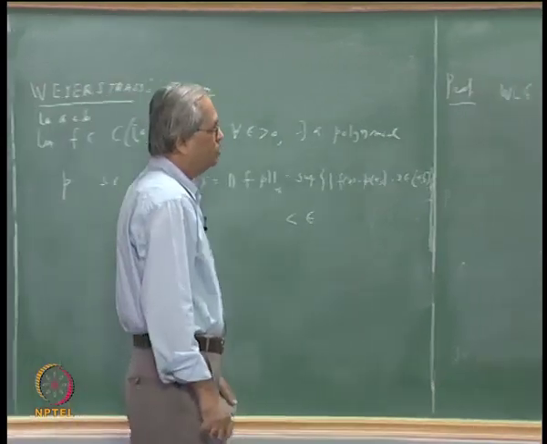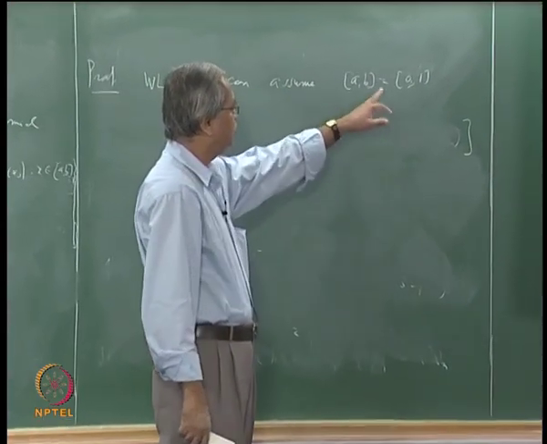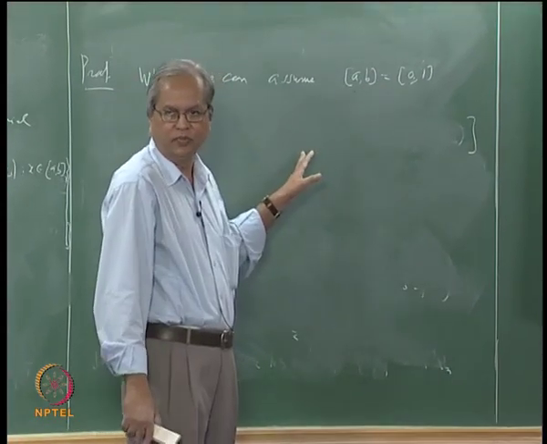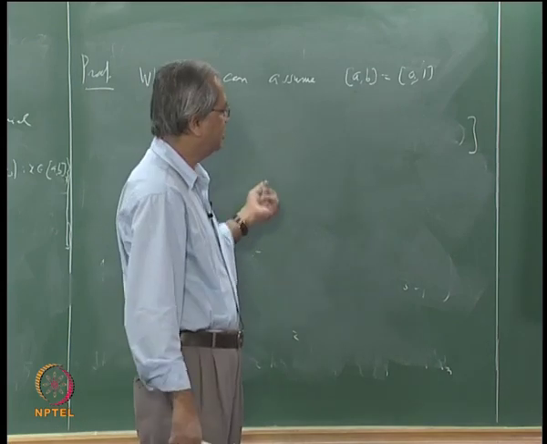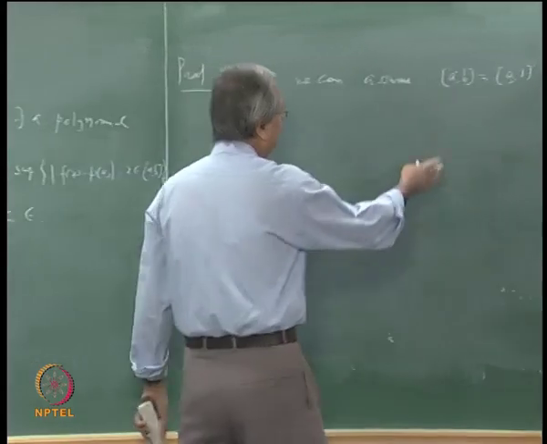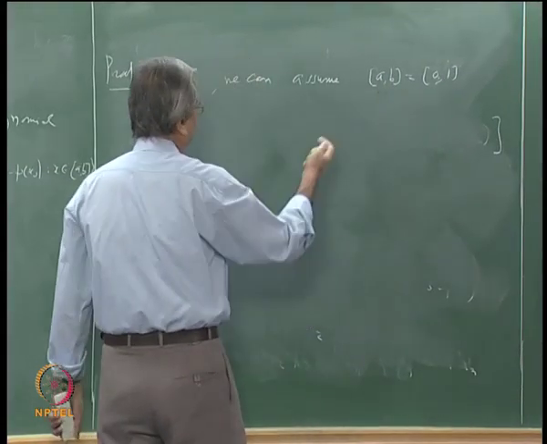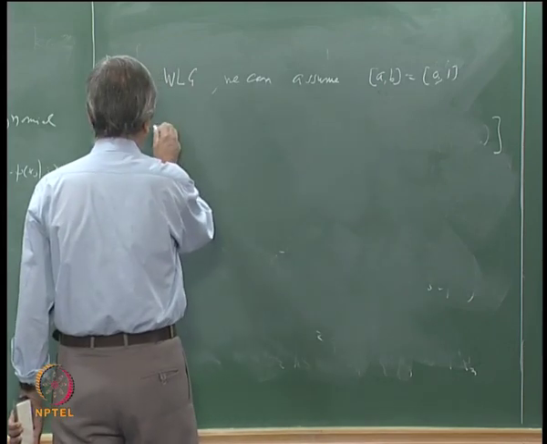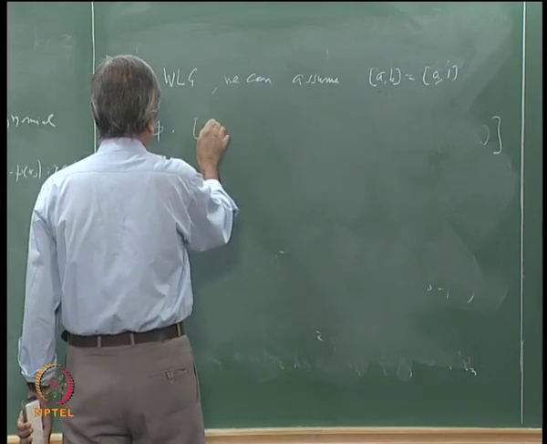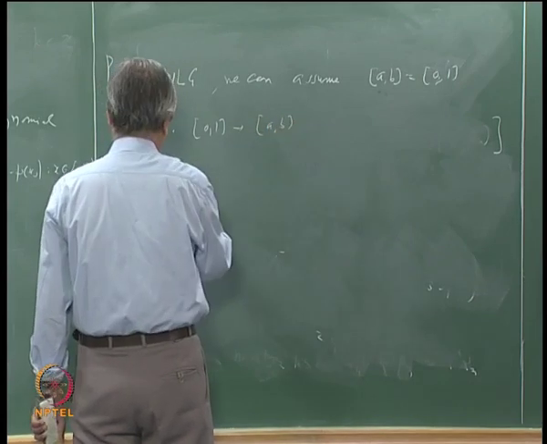Now why can we assume this? Of course, one thing is we can say that these two intervals are homeomorphic. But that does not say why polynomials will be preserved. In this particular case, we can give an actual homeomorphism. What is that? Let us define phi from [0,1] to [a,b] by phi of t